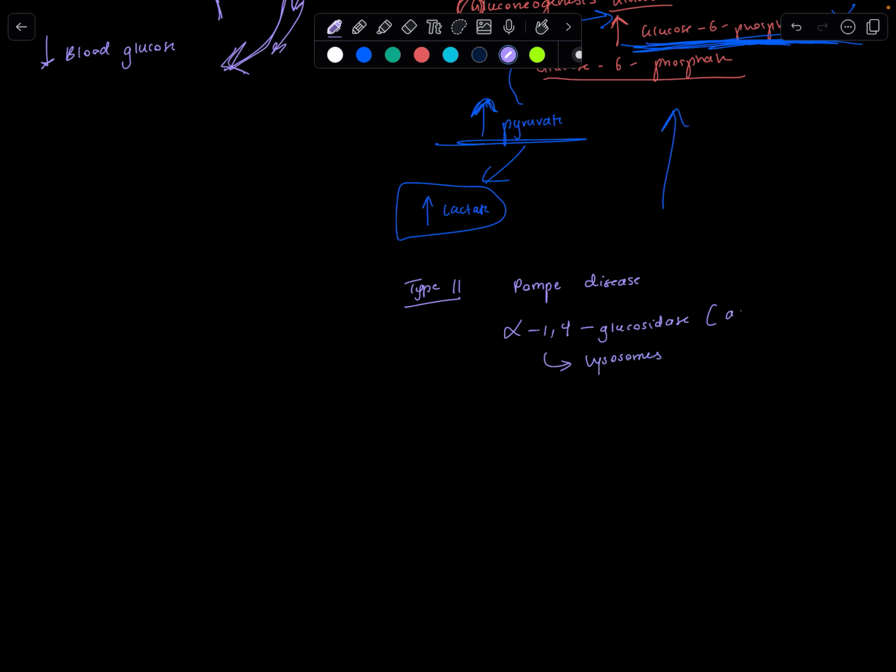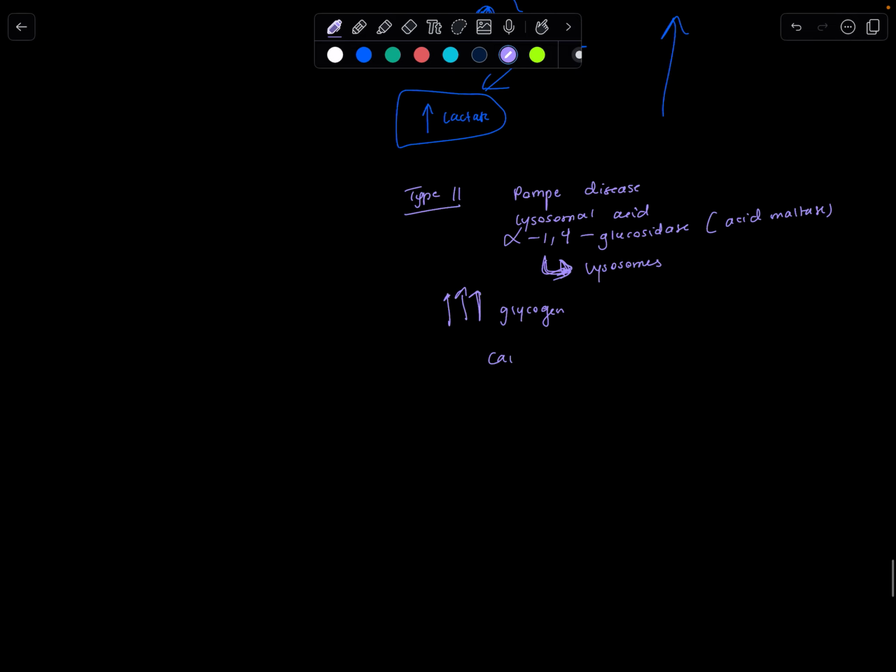Another word for this is also acid maltase. And actually it should be called lysosomal acid alpha 1,4-glucosidase, or acid maltase. And this is what allows for glycogen breakdown in lysosomes. Now, if we are deficient in this enzyme, that means we're going to have glycogen buildup in lysosomes. So we're going to have glycogen buildup, and the main symptoms are cardiomyopathy,